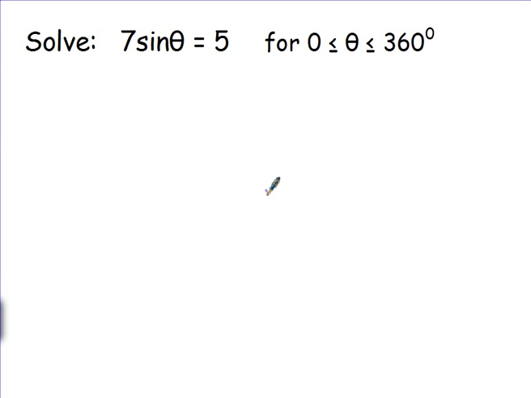Here's how to solve a fairly simple trig equation. The first thing you need to do is ensure that the equation has the trig function completely on its own. So we can rearrange this equation to give us sine theta is equal to 5/7. Now this